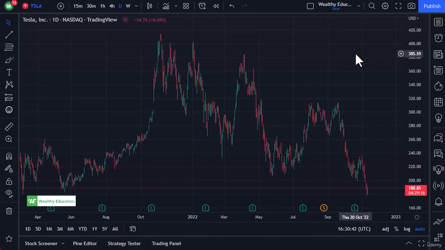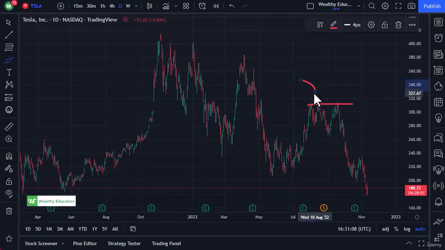The thing that makes support and resistance so important is that it gives you a heads up as to where you may see buyers or sellers come in. Doesn't mean they have to, it's just where they have in the past. What causes support or resistance to form is typically money flowing into the market. For example, this resistance area here, there were people willing to dump their stock, in this case, again, Tesla, or even short it in this, say, $310 range. So that forms resistance. There were buyers and they sold to them, and then there were buyers and they sold